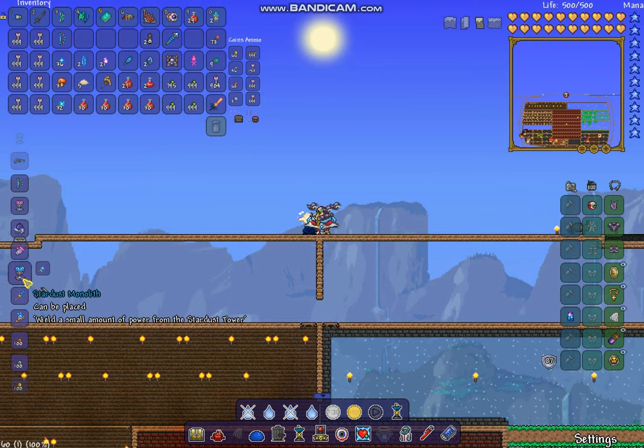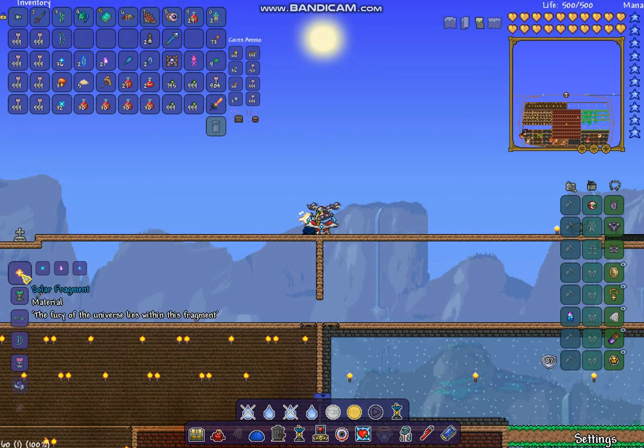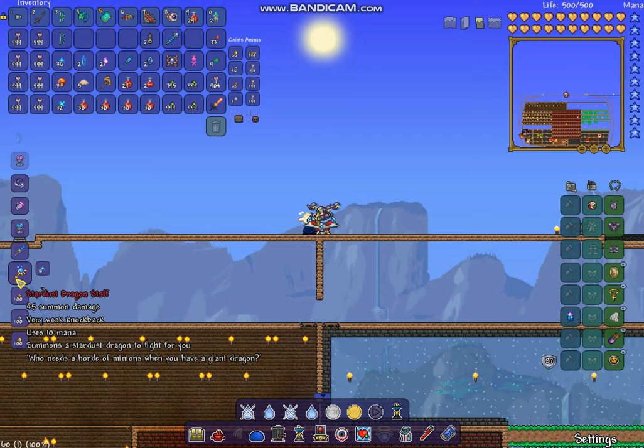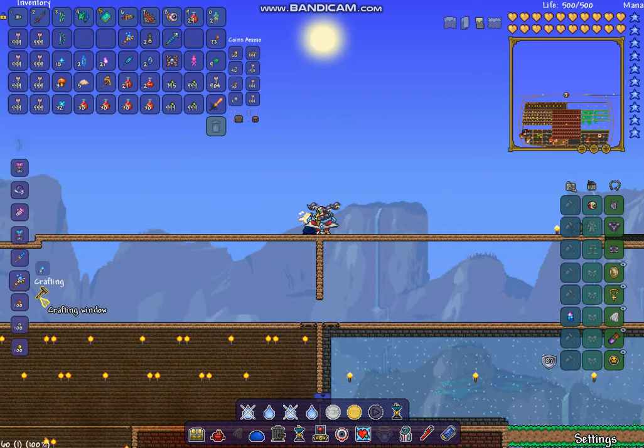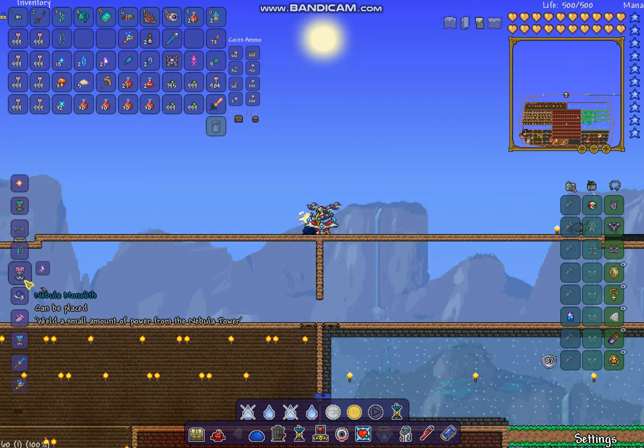Okay, the Stardust Monolith. The Nebula Blaze. It's a magic one. The Nebula Arcanum: 79 magic damage. Conjures a mass of astral energy to chase down your foes. What's this? The Solar Fragment. The fury of the universe lies within this fragment. Okay. I am going to make a Stardust Dragon Staff. I am also going to make...